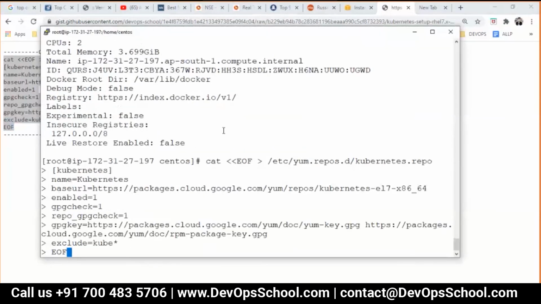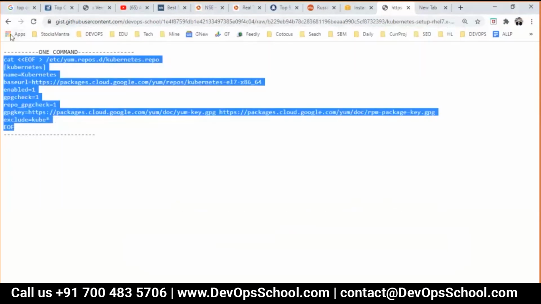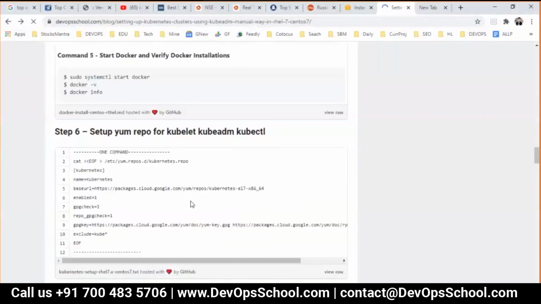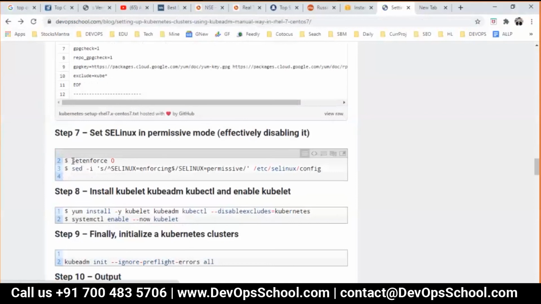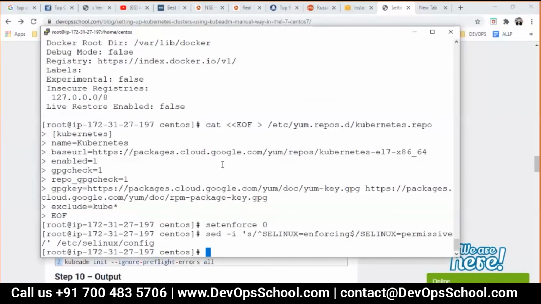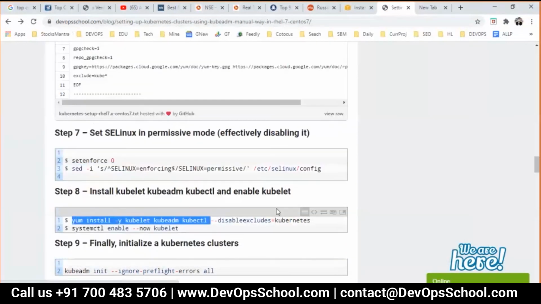This is done. Enable Docker and then start Docker. Validate Docker. After that, copy this command. I'm not able to copy it, so I can see the raw. And here, this is one command altogether in one go.